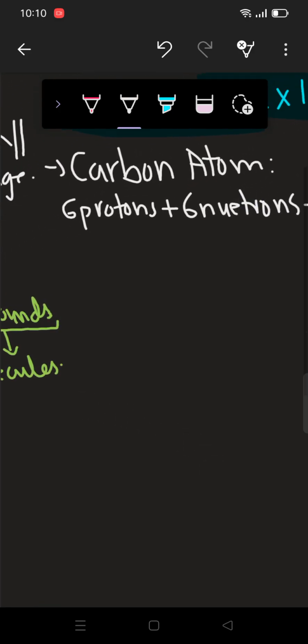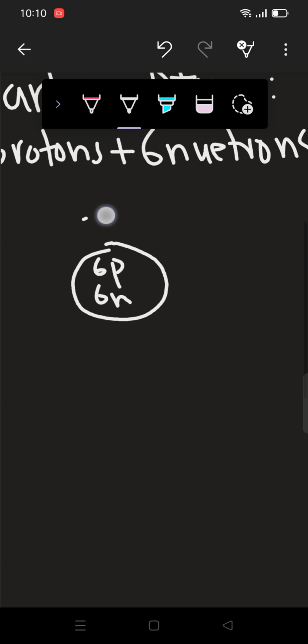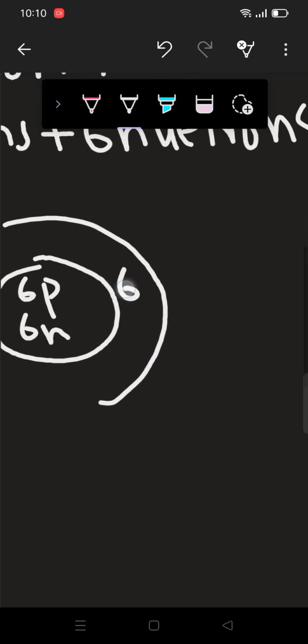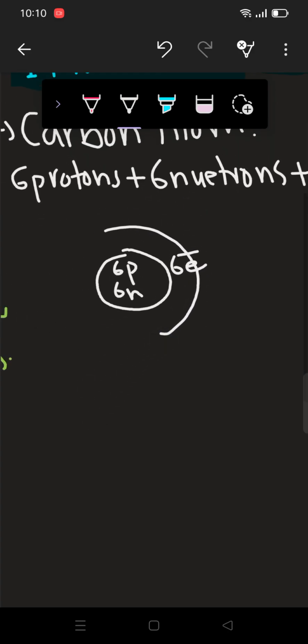Now basically I am calculating the mass of the carbon atom, right? And we know that the carbon atom has 6 protons, 6 neutrons, and 6 electrons. The 6 protons and 6 neutrons are situated in the nucleus, and 6 electrons are revolving around the nucleus, meaning they are in the shell, right? So when we calculate the mass of one atom of carbon,